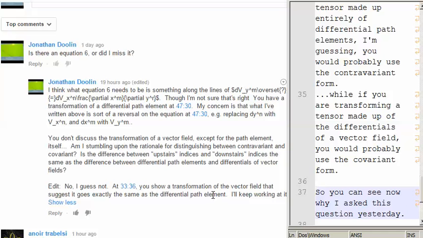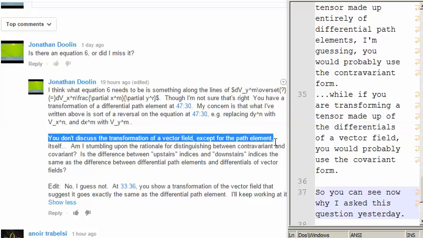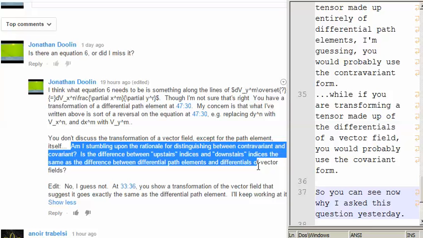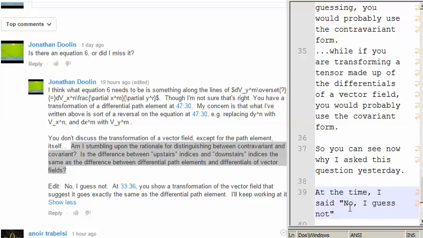So you can see now why I asked this question yesterday. You don't discuss the transformation of a vector field except for the path element itself. Am I stumbling upon the rationale for distinguishing between contravariant and covariant? Is the difference between upstairs indices and downstairs indices the same as the difference between differential path elements and differentials of vector fields? At the time, I said, no, I guess not, and I referenced time 33:36, where you show a